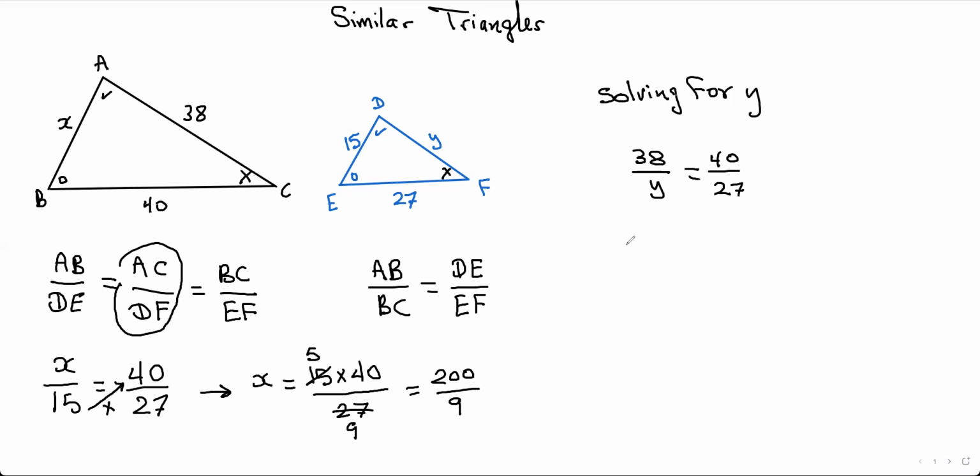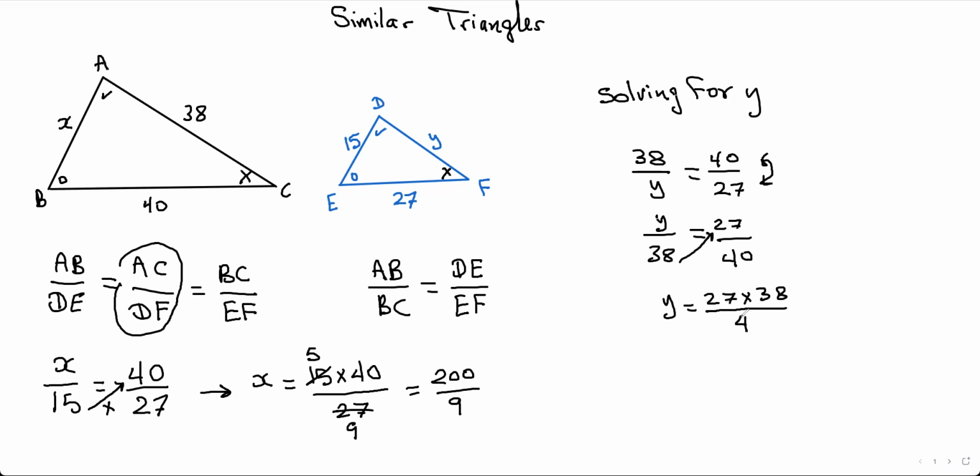As I said in a previous lesson, when you have this kind of situation and y is on the bottom, you could rotate all of this. And then this becomes y over 38 equals 27 over 40. Now cross multiply the 38 right there, and we have y equals 27 times 38